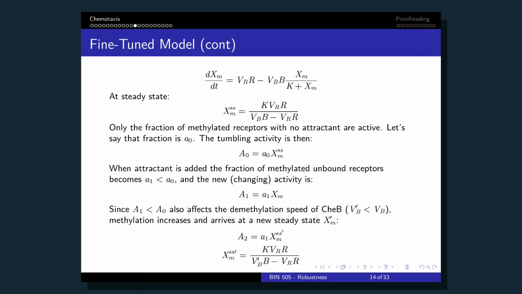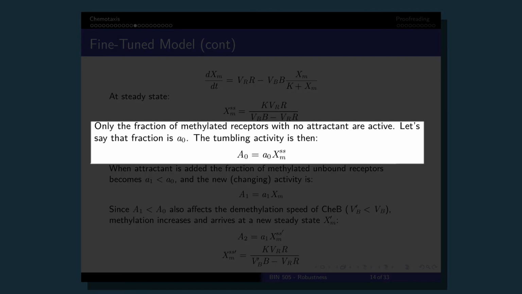Now that we have the steady state equation for XM, the amount of methylated receptor, we can derive the activity from that. Now we'll assume that a fraction of the methylated receptors are unbound. They have no ligand attached initially. Actually, this is generally the fraction of receptors that are unattached, because the attachment is independent of methylated and unmethylated. But at this point, we're interested in the methylated part anyway, because those are the ones that